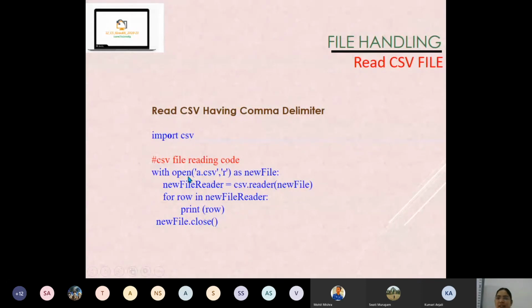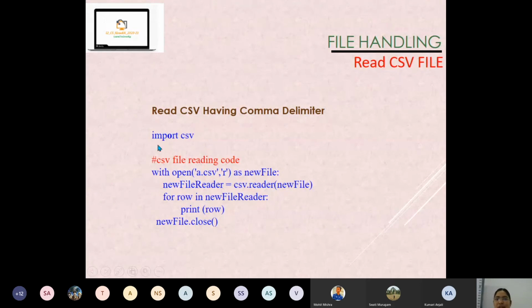Now as we are performing read operation, we have to open that file in the read mode. Then we have gone to CSV reader method, which will read every record as a list. So we will get an iterable object. Reader function will give you all the content into this iterable object. Then when you take a loop and traverse through that, you can display all the content.